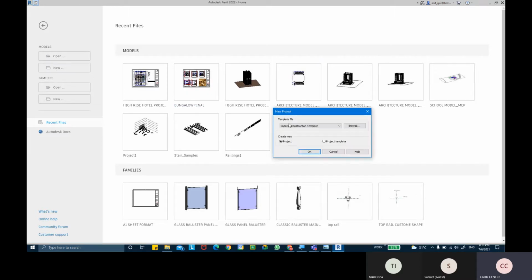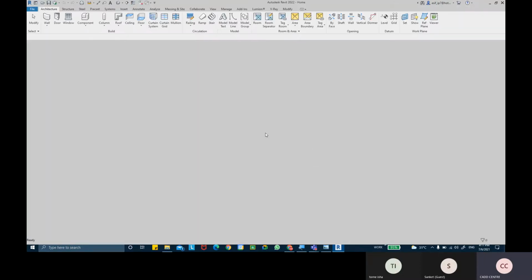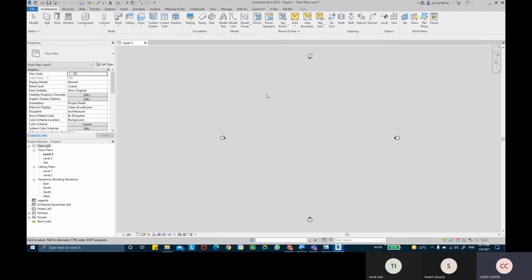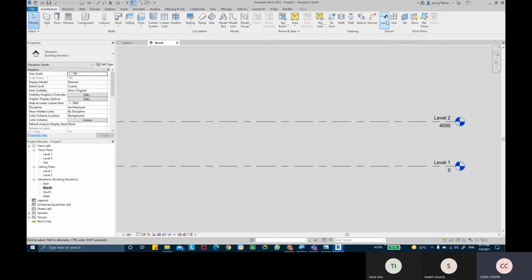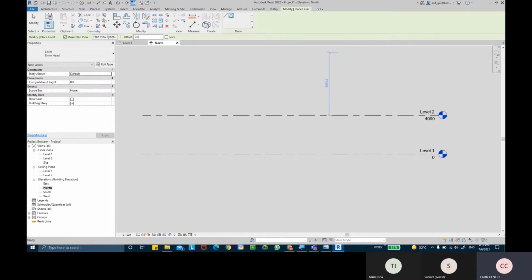So New, I'm going to pick the metric architectural template, and come into the elevation view. I'm going to create another level. Okay, so I'm going to add one more level.